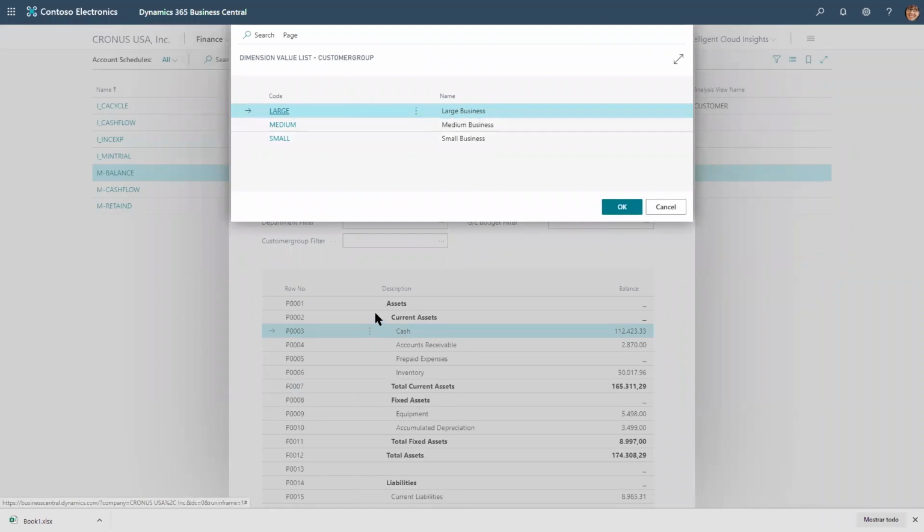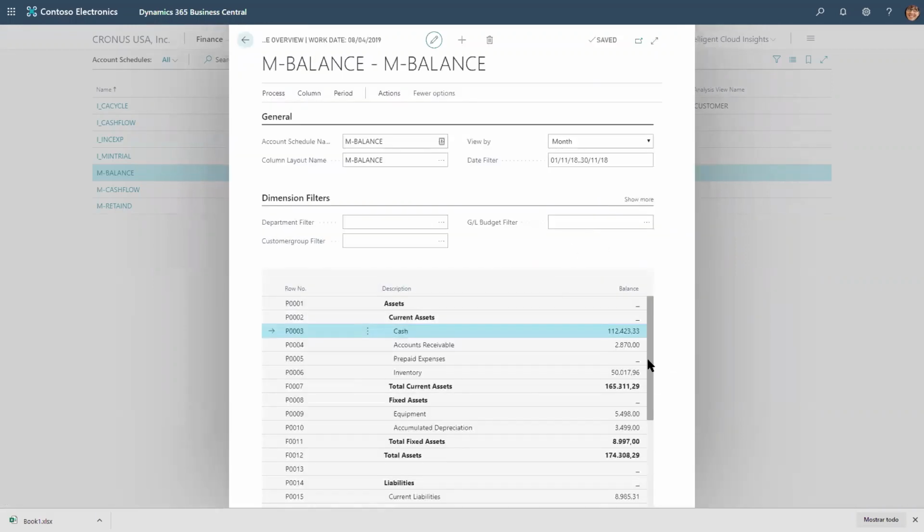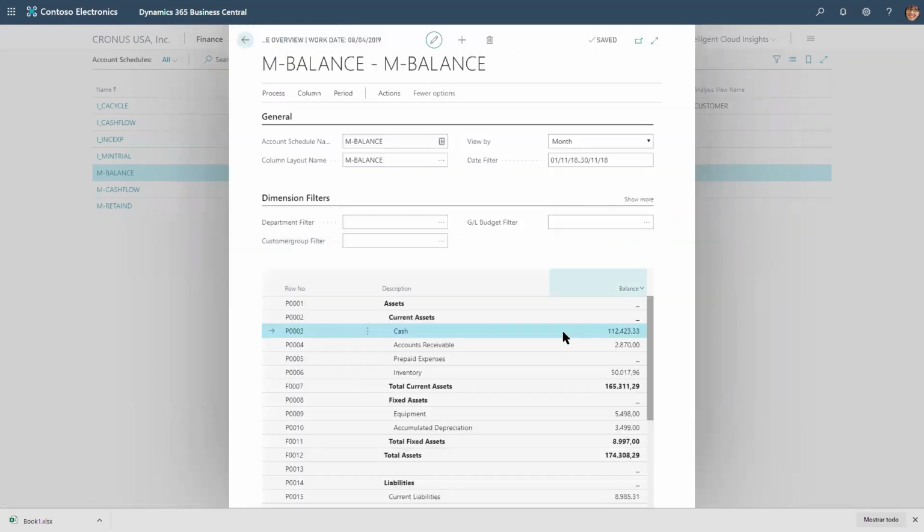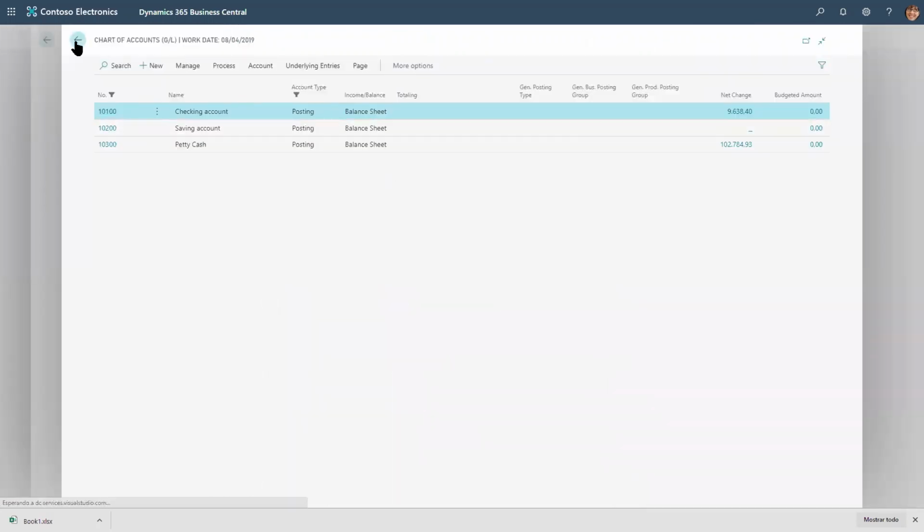And well, not to be used with the balance sheet, but you have customers, large, medium, or small for this company. Let's take a look better at the P&L to check the dimensions. Then budgets. You can decide whether you, for instance, I have a budget for the year 2019. Would you like to use it and being able to compare? All right. So basic tools by periods, by dimensions, and here, last but not least, you can actually navigate into